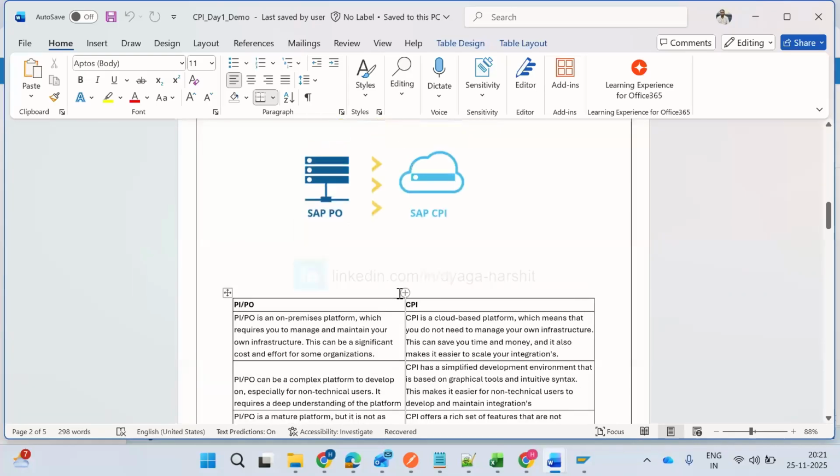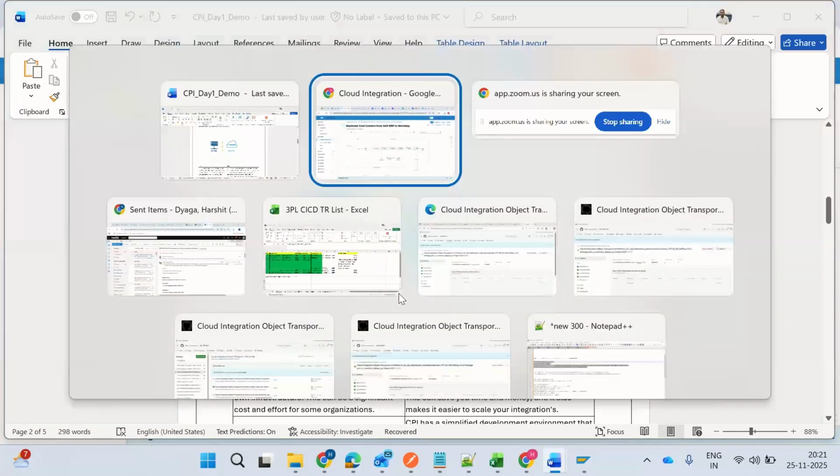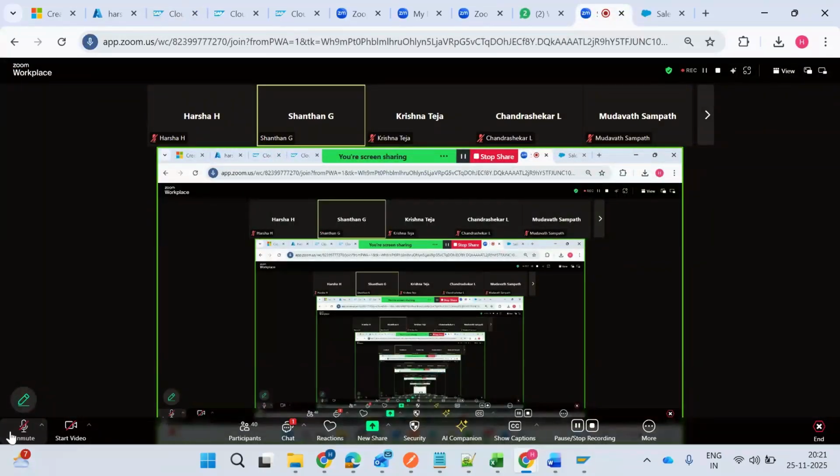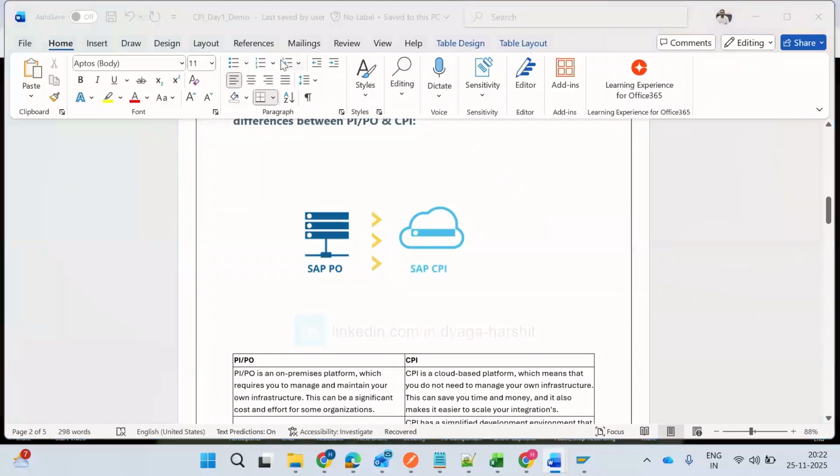Sorry for interrupting. In this iFlow, do we need any coding experience? Will we use any coding? We don't have coding, Shantal. If you see here,